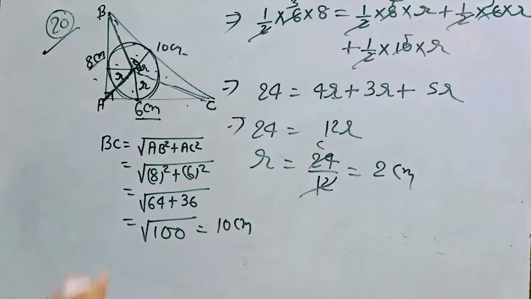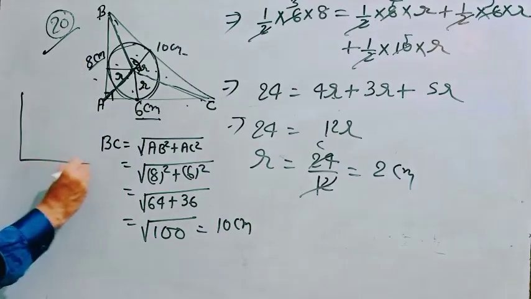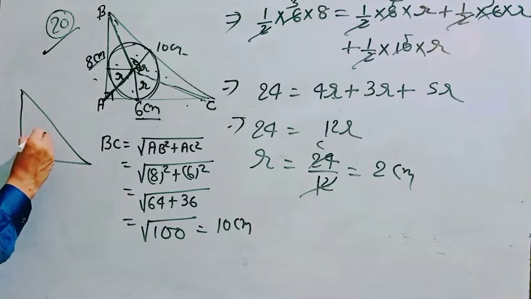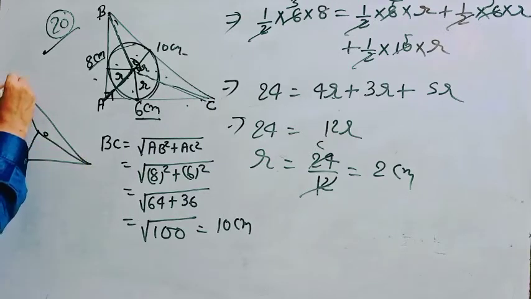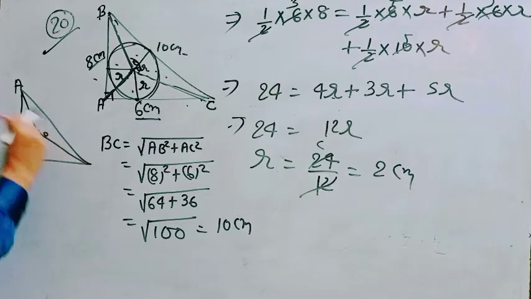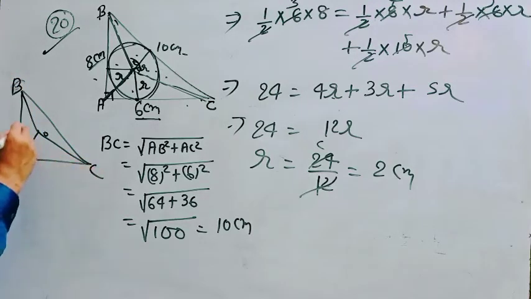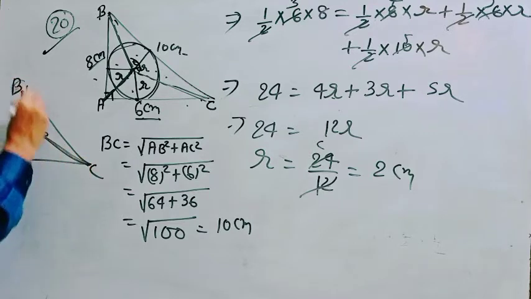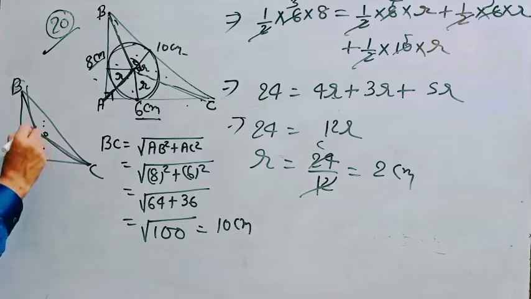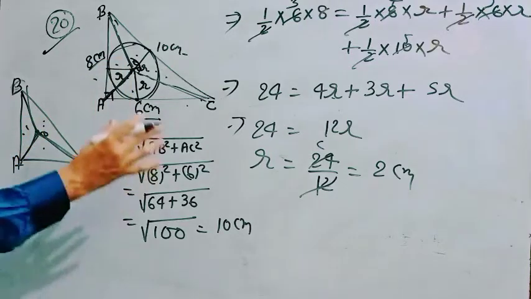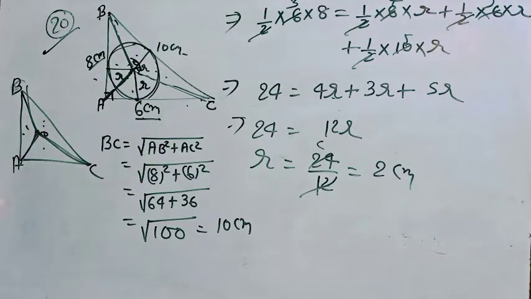So you can solve by a very easy method. It is a triangle and here in the center, this triangle is divided into 3 triangles, like here is B and A, here is C. One triangle is AOB, other is AOC and third is BOC. Then the sum of these 3 triangles is equal to ABC. Then in an easy way you can find the radius of this circle.